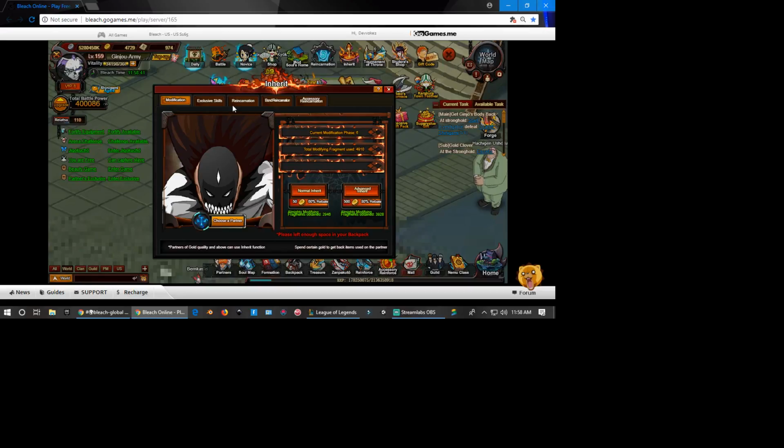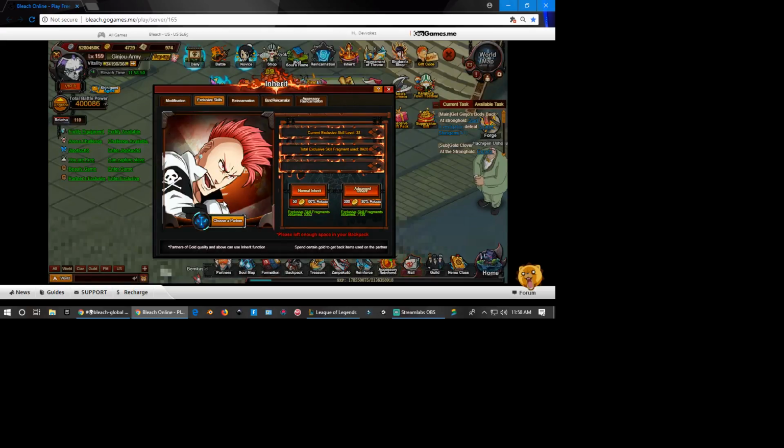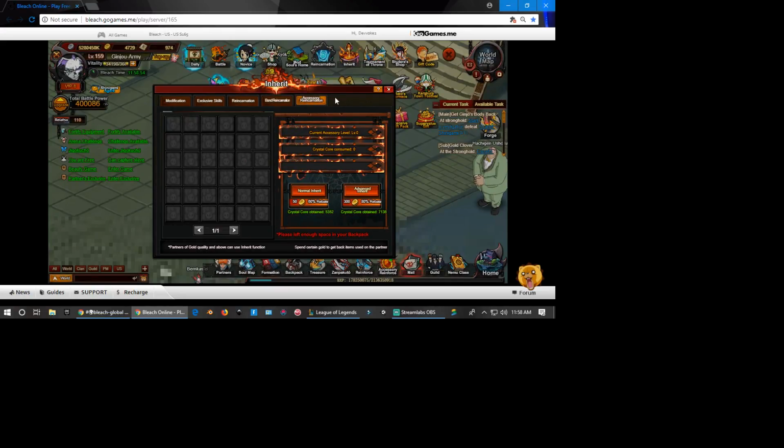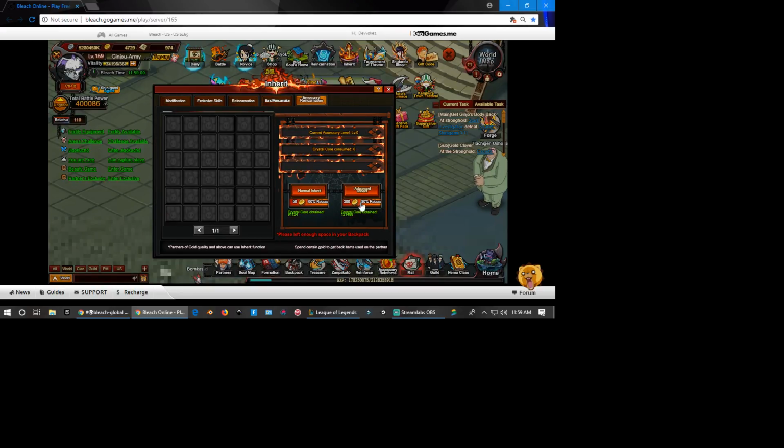Inherit was a great feature, because it allowed us to take away stuff from partners that we didn't use anymore, and just put it on our new team that we do use. This is a pretty cool feature. I don't think they need to change anything, except they could add Zanpakuto Inherit, and that will be probably the only thing that they can change with this. Because I think the rates are pretty good,